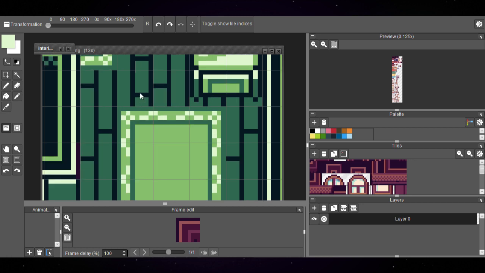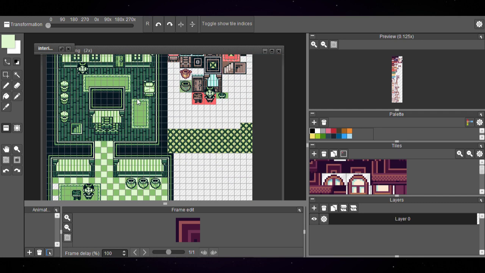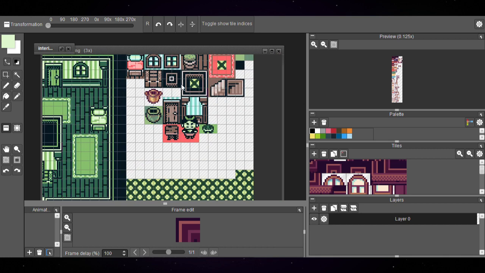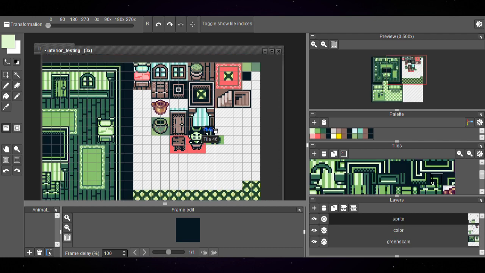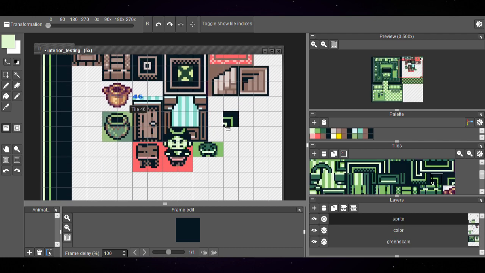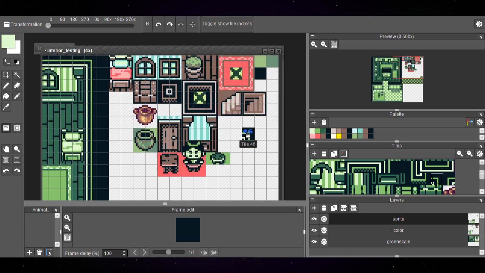It only has 4 shades of green: lightest, lighter, dark, and darkest. And what the Game Boy Color does is, as far as I understand it, you get to choose 32 colors out of 4096 you can use on screen